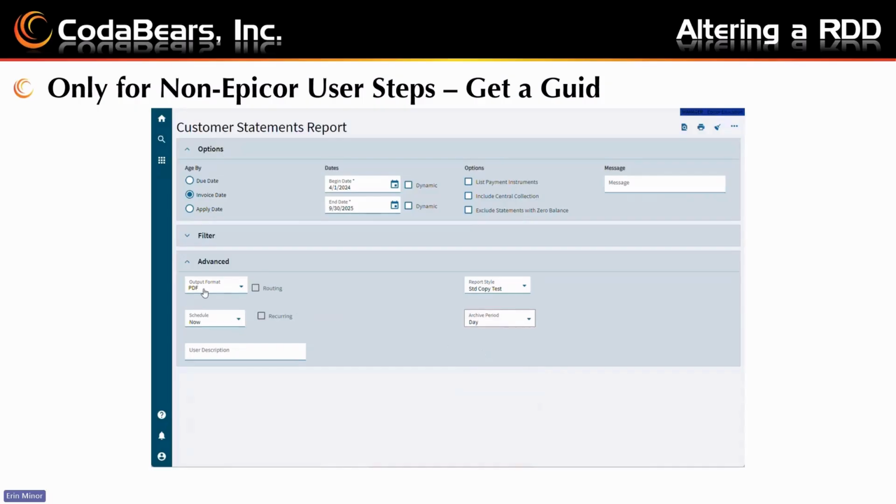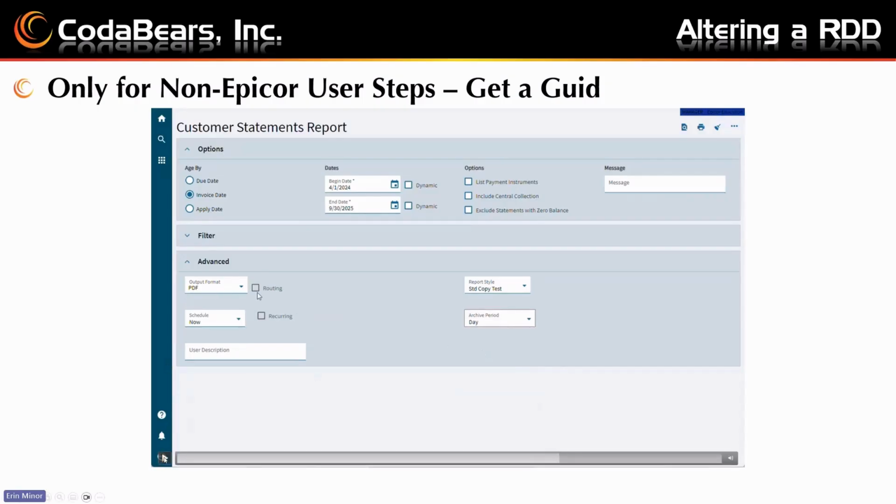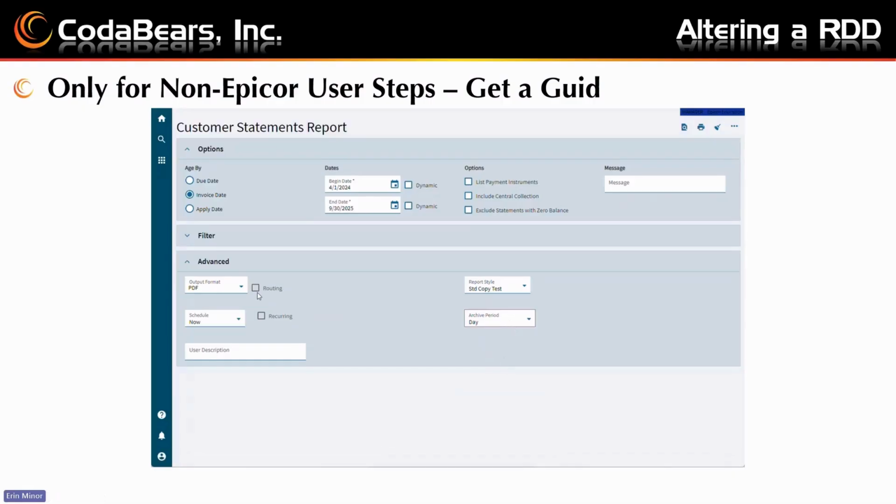So based on what you pick, let me pause there for a second. Based on what you pick, it could be a day, a month, a week. That's how long you can use that GUID for testing. So if you think you're going to be developing this report for like a month, and you're not going to make any more changes than you already have to your report data definition, you could put it in there for